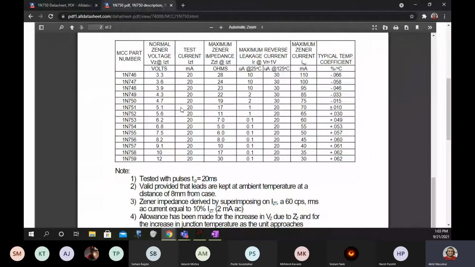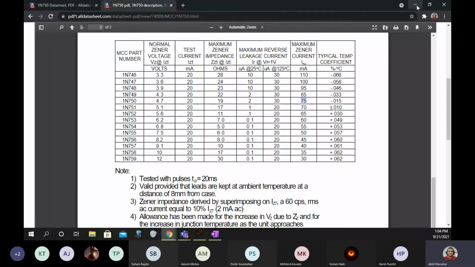So you can see here 1N750. The Zener voltage Vz is 4.7, then the minimum current is 20 milliamperes, and the maximum current that you can apply to the Zener is 75. Vz is 4.7, Iz min is 20, and Iz max is 75 milliamperes.